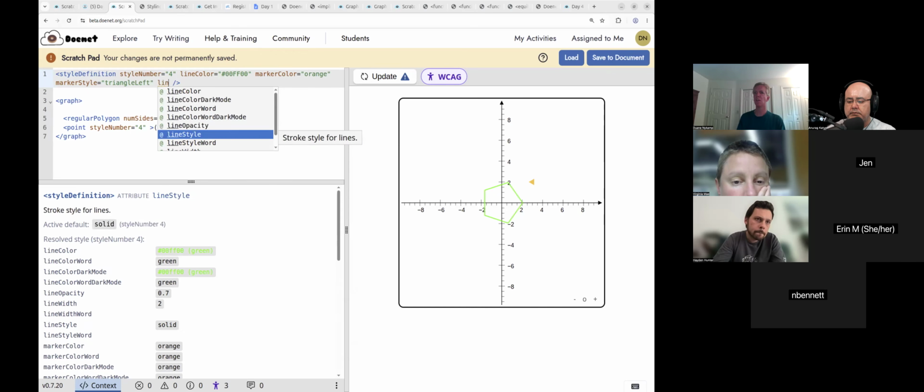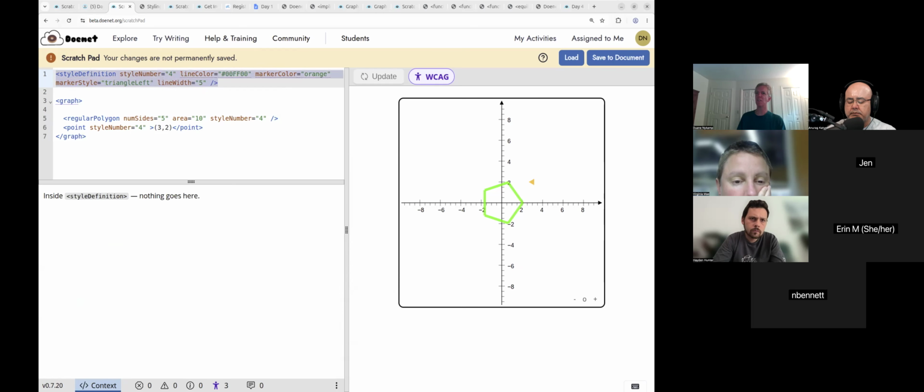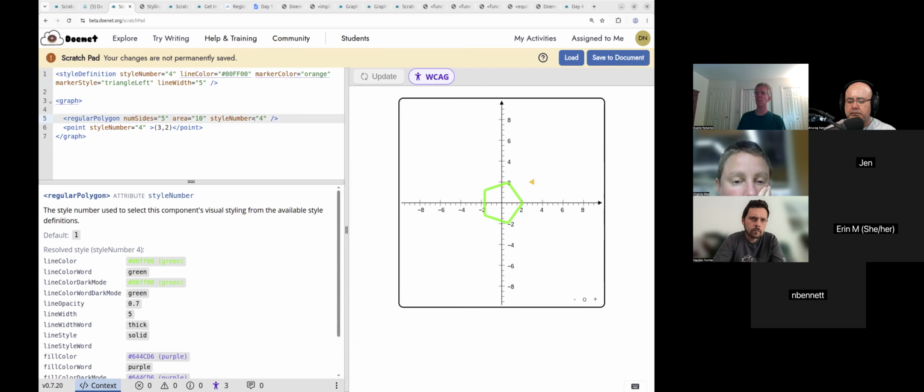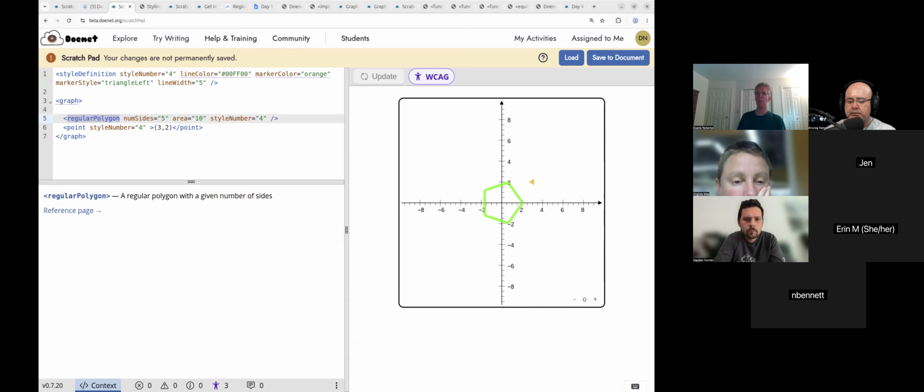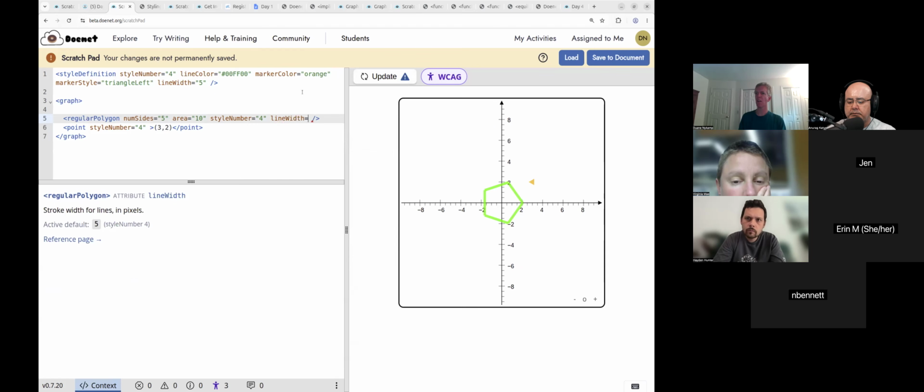line width. Line width equals 6. So we talked about that before. You can change it in the style definition. And then you can override certain things in the graph itself or in the function itself. I can override the line width equals 2,